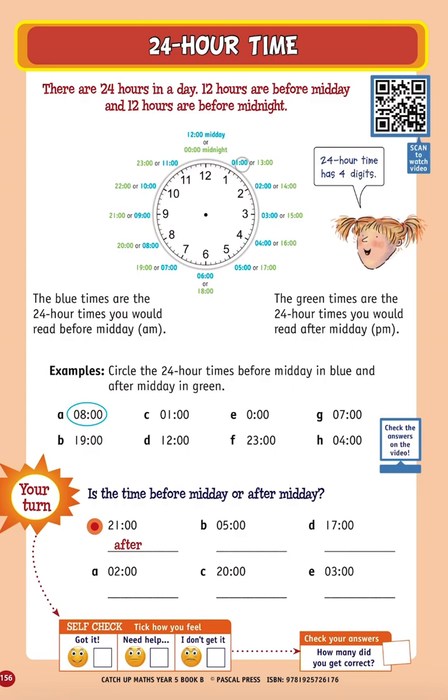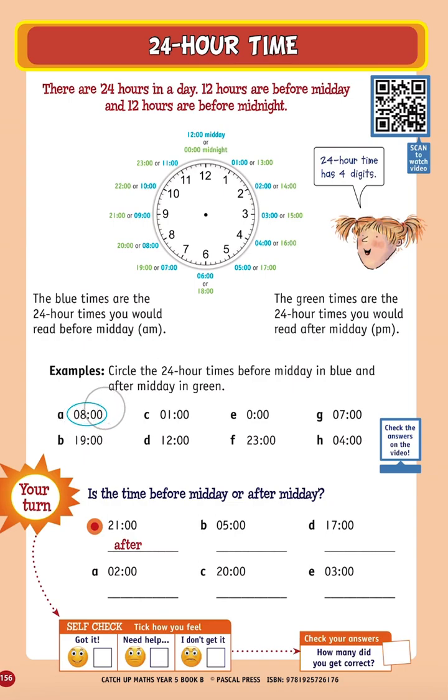So you can see all the blue times here, and that is what would be said before midday. And the green times, so if you look at all the green times here, are the 24-hour times you would read after midday, which is PM. So here we have some examples where we're going to circle the 24-hour times before midday in blue and after midday in green. So 0800, here we have